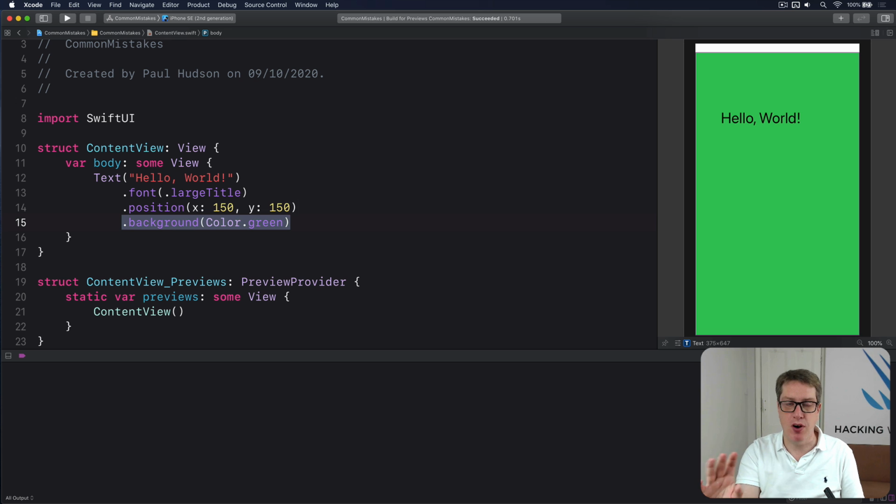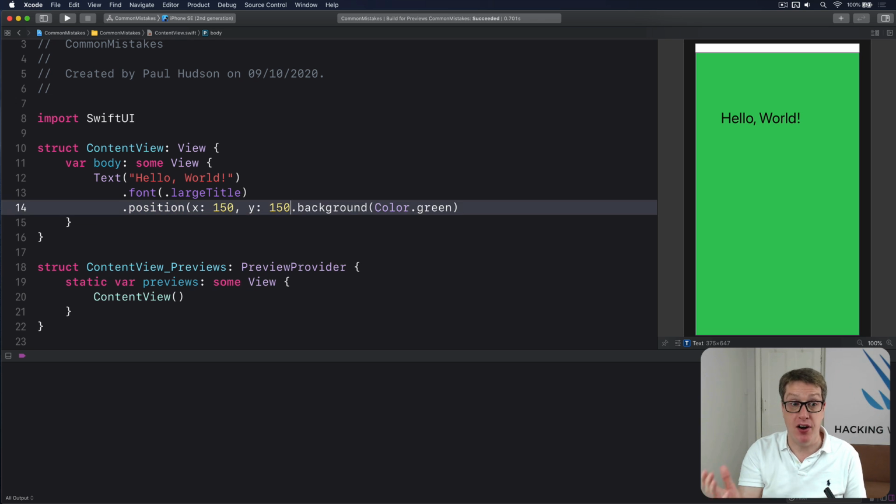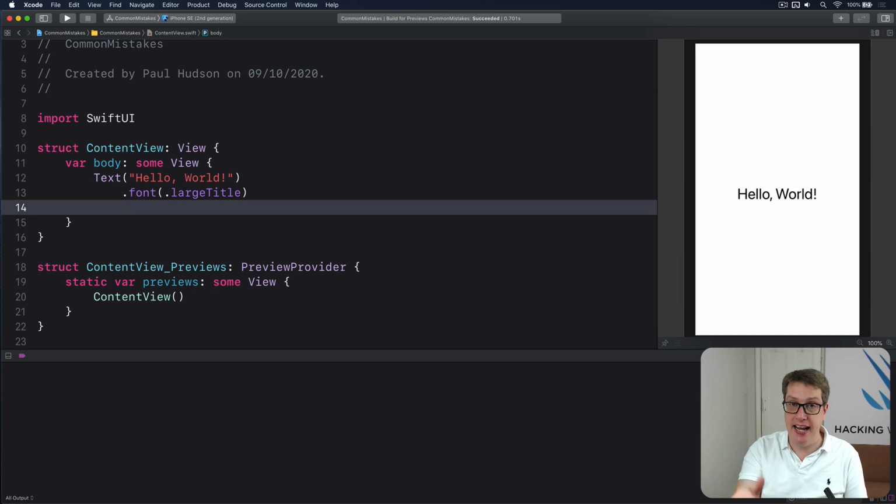Changing the foreground color or font in some places will bubble through as a preference rather than a new view. But the vast majority will wrap your content in a new view. Offset, for example, position, background, they'll all place your views in new views each time. And this is actually a powerful feature. And yes, it means it's painful sometimes because your modifier order isn't quite right, but it allows you to do interesting effects that would otherwise have been very hard, because each modifier is applied to a new view every single